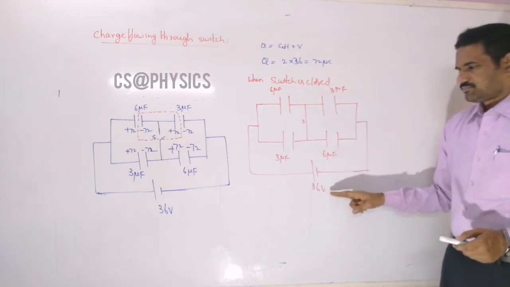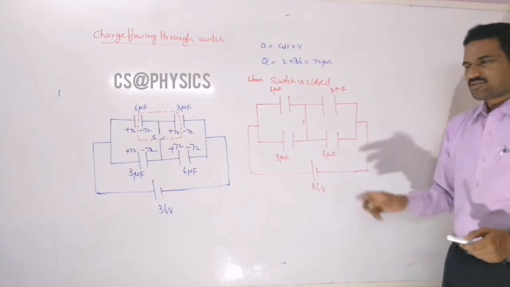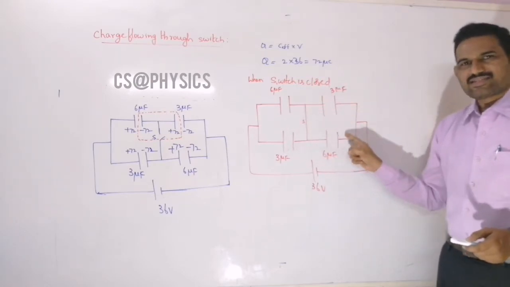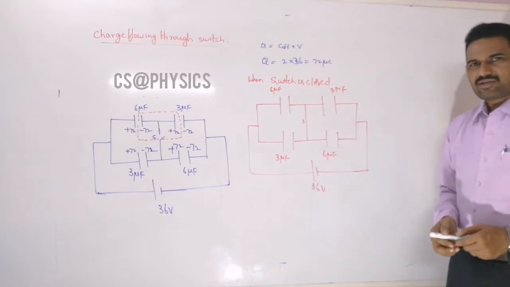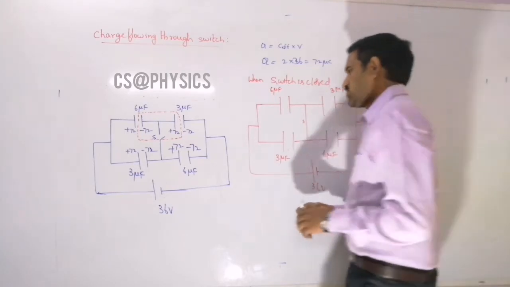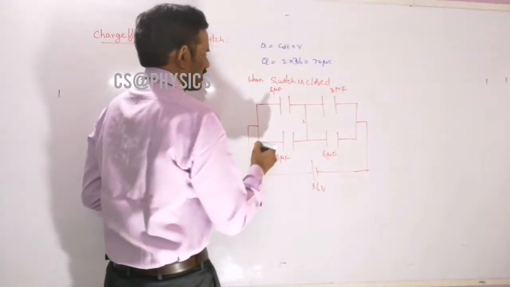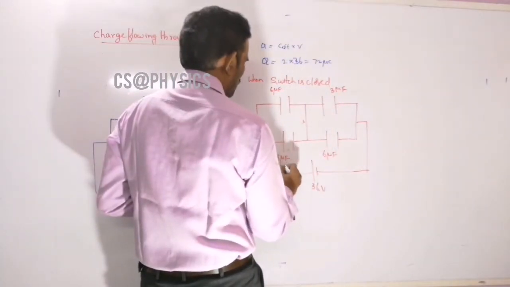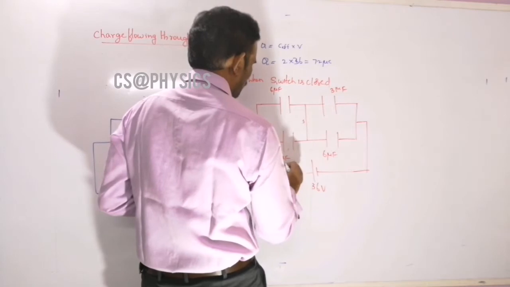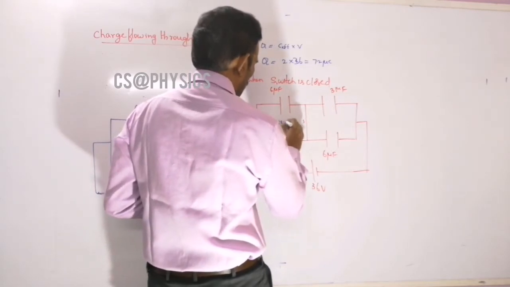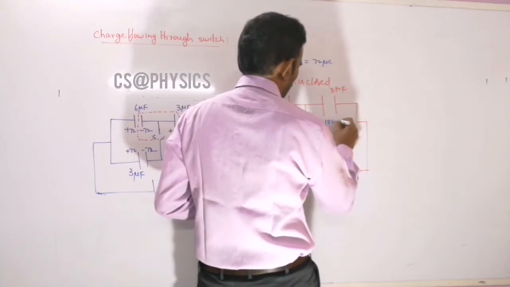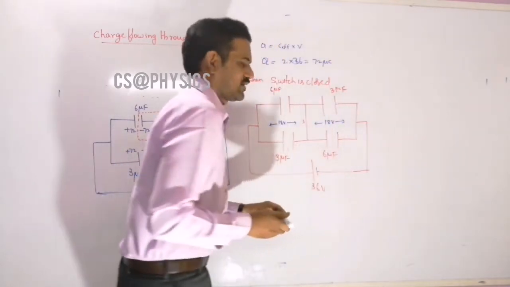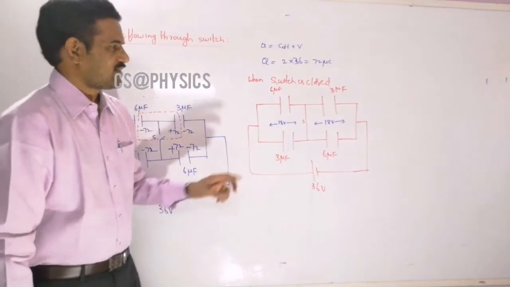And as these two, 9 and 9, both will be in series with each other, the potential difference will divide equally, right? So that means the potential difference across each combination we can write as 9 volts and 9 volts, so that means 18. So this is 18 volts potential difference across this, and here also 18 volts you will get. Is it clear how we are taking 18 and 18?